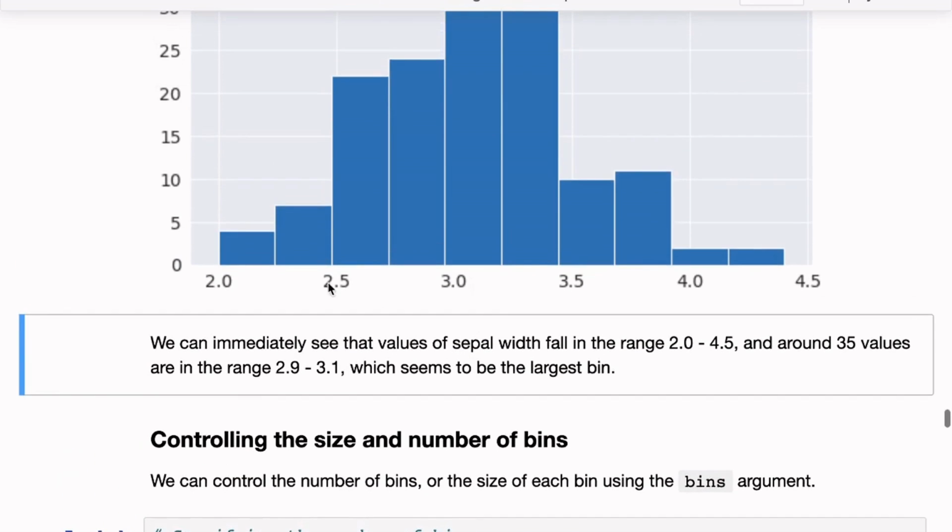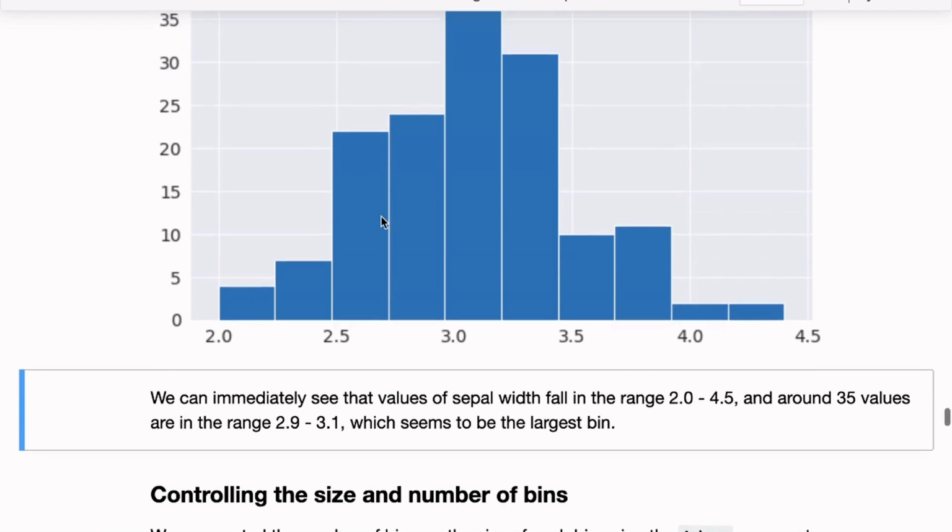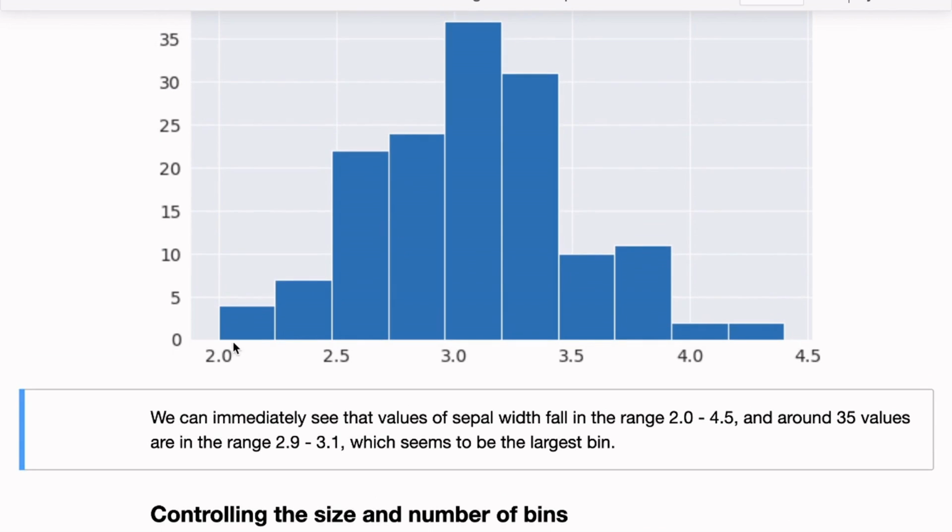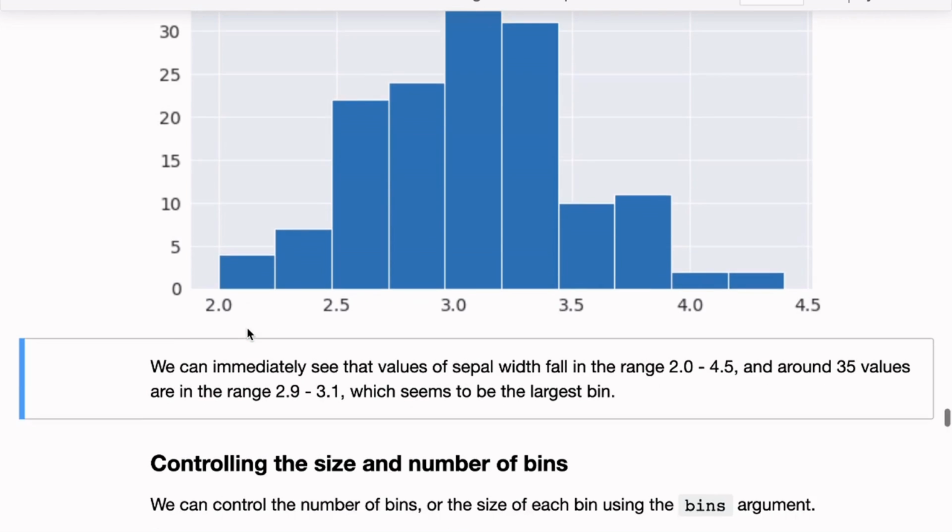Now these bin intervals are currently a little bit arbitrary. We may not want to check between 2 and 2.2. That's a little bit arbitrary. We may want to have a fixed number of bins, or we may want to decide what the intervals, the bins, are. So each of these intervals is called a bin. Interval is a mathematical term and bin is the statistical term used with histograms. They mean the same thing.